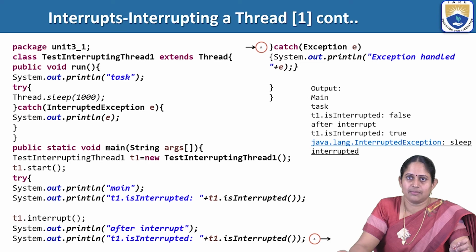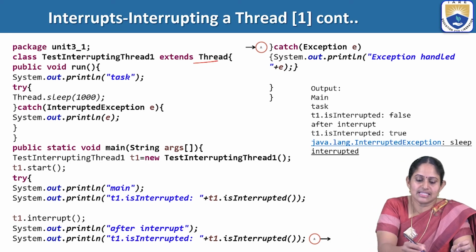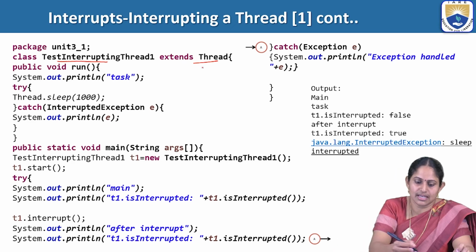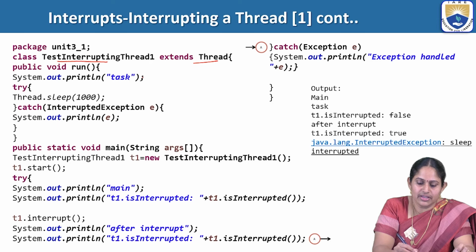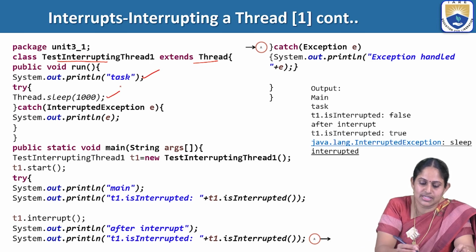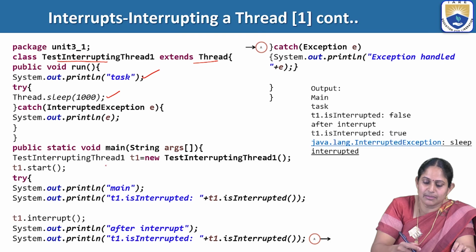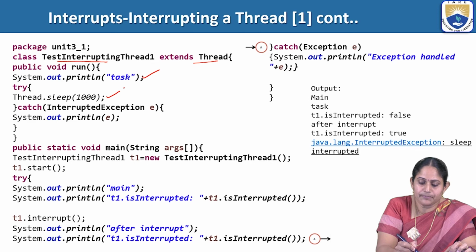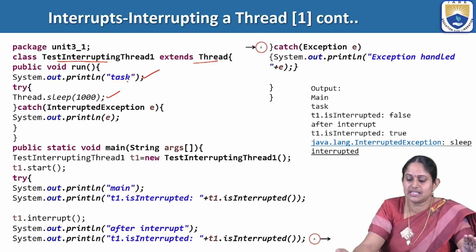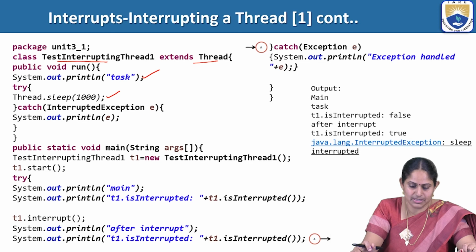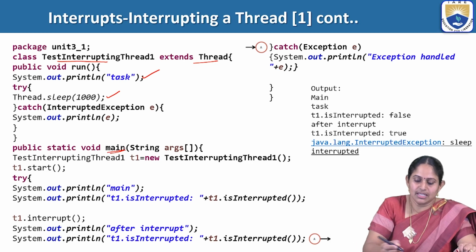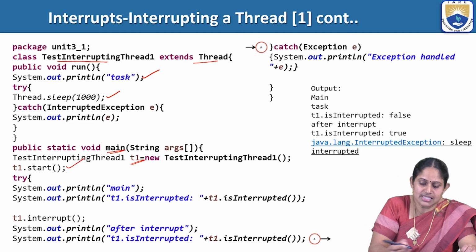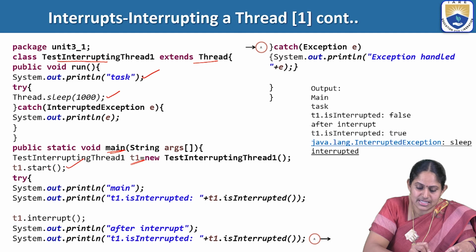So let's look into an example. Here we are creating a thread named TestInterruptingThread, which extends the Thread class. Inside that we are printing some statement. Then we are putting it to sleep, and within the main method we are calling interrupt. Once the thread is put into sleep, if it is interrupted, it will display some messages. So here we have the main method. Inside the main method, we are creating an object of the thread and we are starting it. So once that thread has started,